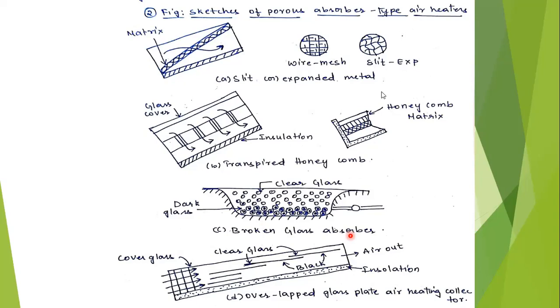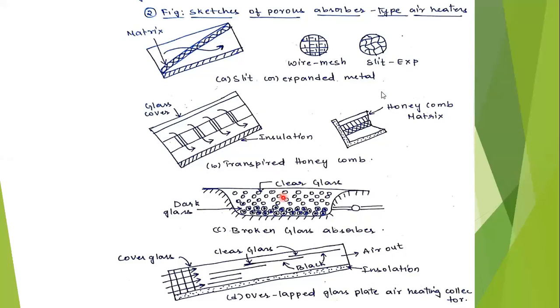Okay, so at the bottom we see that the glass is of dark color. At the bottom we are taking dark glass, and at the top we are taking clear glass. So this may be readily used for agriculture drying purposes with minimal expenditure. This expenditure is also very little. This can be directly used for the agriculture drying process.